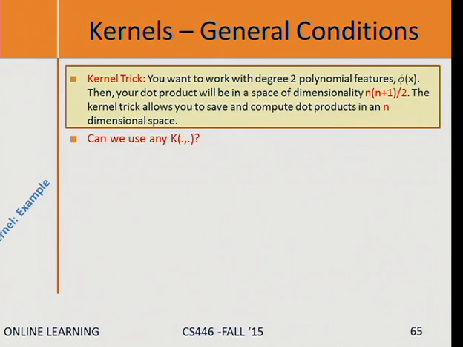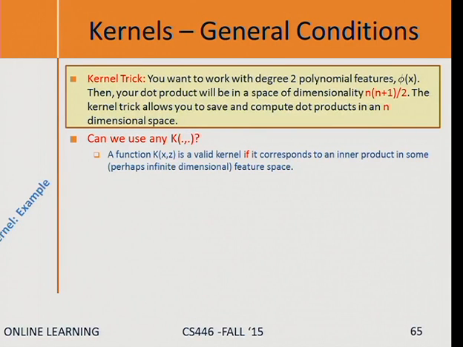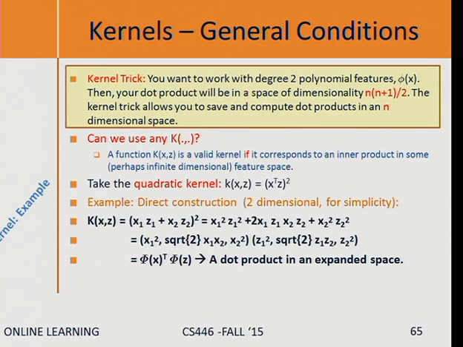That's it. Of course, what are K's? I mean, can I always do this? And the answer is that you cannot always do it, but you can do it in a lot of interesting cases. So a function k of xz is a valid kernel if it corresponds to an inner product, a dot product, in some high-dimensional space. Right? This is actually what we did, right? We kind of started it in the other direction. We started with a dot product in a high-dimensional space and showed that we can do it as a kernel. Now I'm arguing it in the other direction. And here is another example, another quadratic kernel.